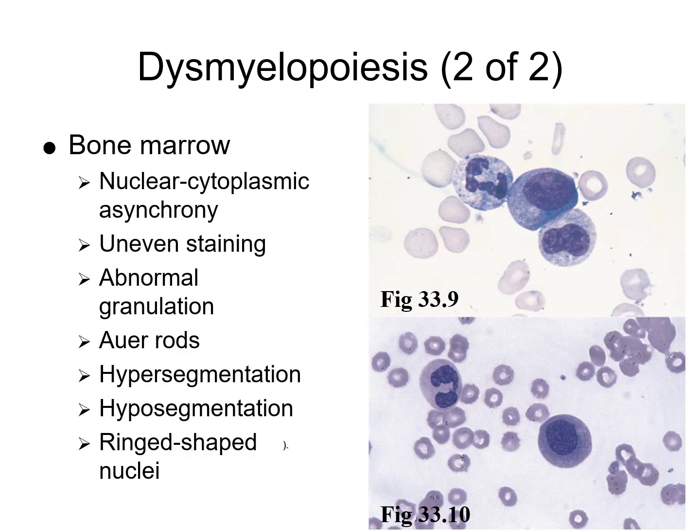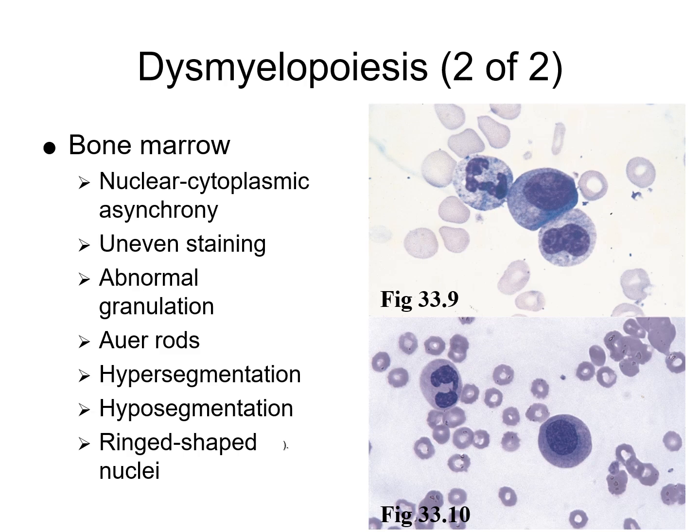For the bone marrow, dysmyelopoiesis will show as abnormal maturation in morphology of the myeloid precursors. Some lab findings in the bone marrow: we would see nuclear cytoplasmic asynchrony again. We'll have that mismatch between nuclear and cytoplasmic development. So an example would be a mature cytoplasm with an immature nucleus, or again, vice versa, just like on the blood smear. We could have uneven cytoplasmic staining, so irregular distribution of cytoplasmic basophilia, and that can suggest dysfunctional